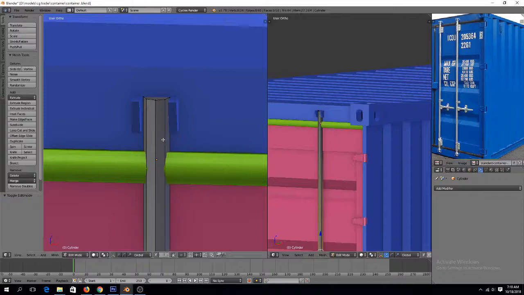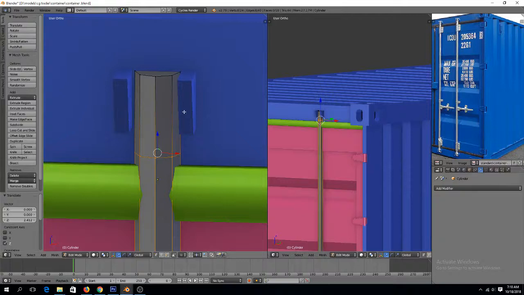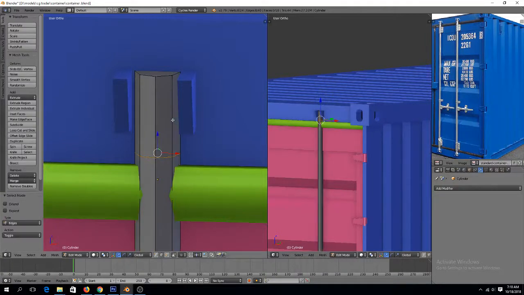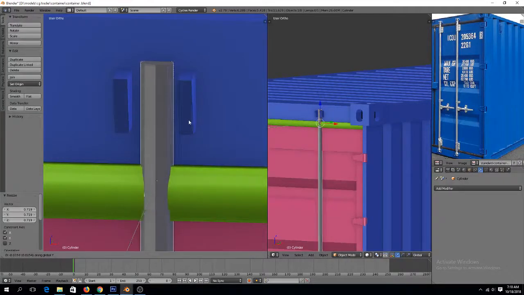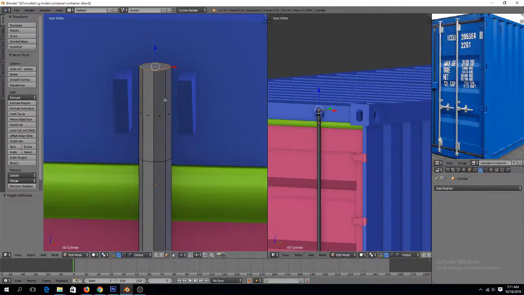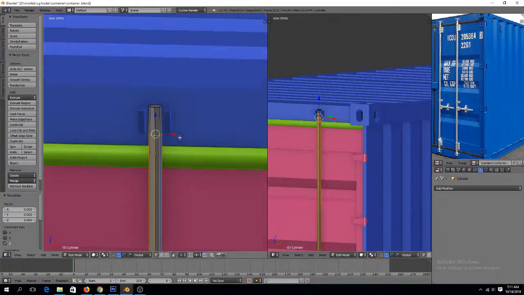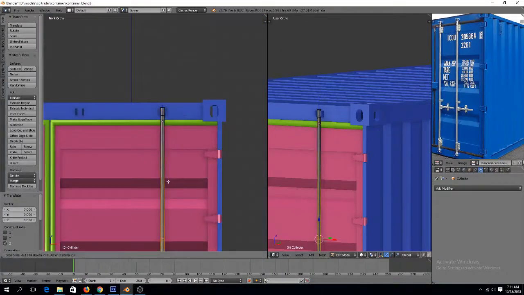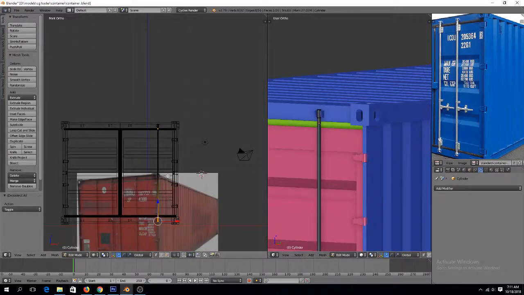and we can add a loop here. Select this here, and we can select this face here. Also, we need to push this, maybe scale this down a bit like that, and get this loop. I think we also need to add a loop in the middle of this. Select these bottom parts,